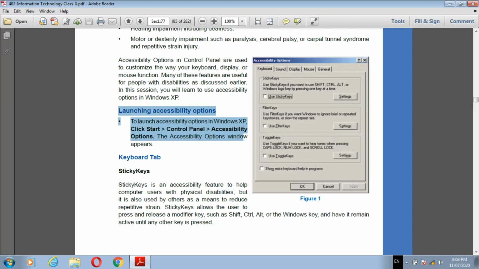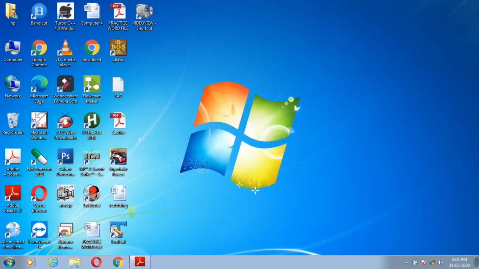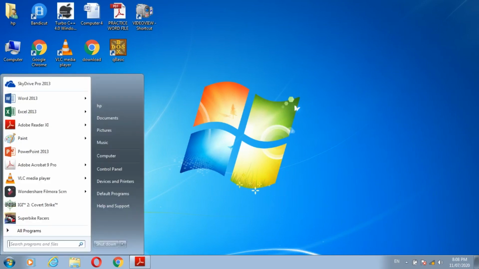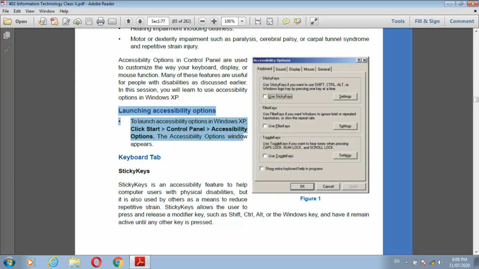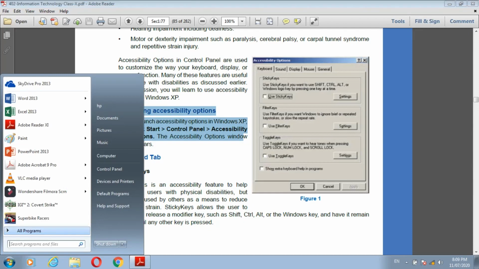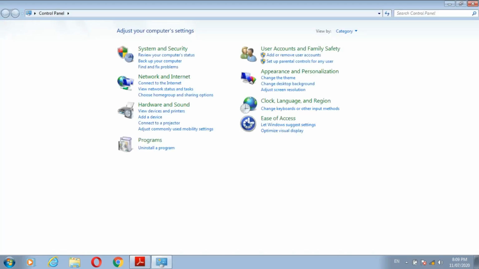Let us start our practical. Click the start button. Then the second option: control panel, accessibility options. Click start, go and click on the control panel. Then find the accessibility option.